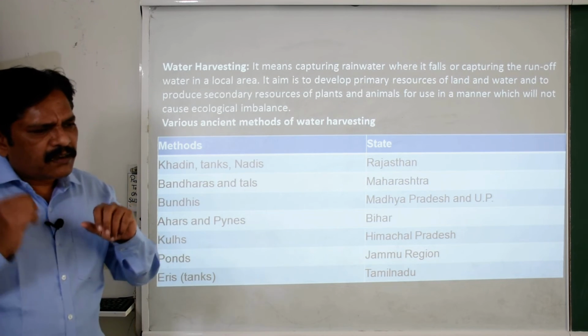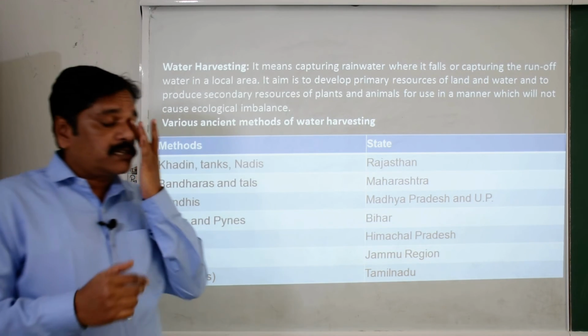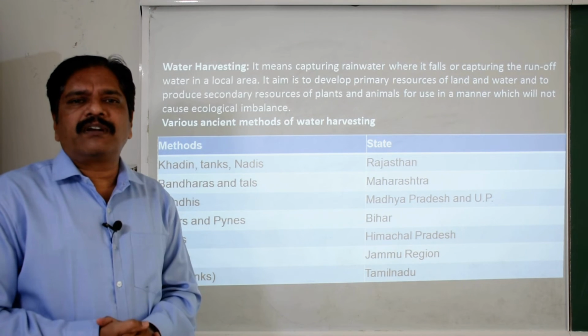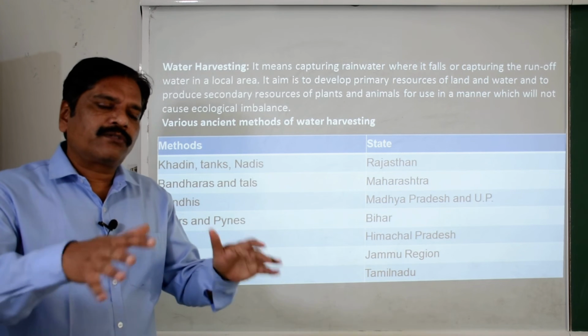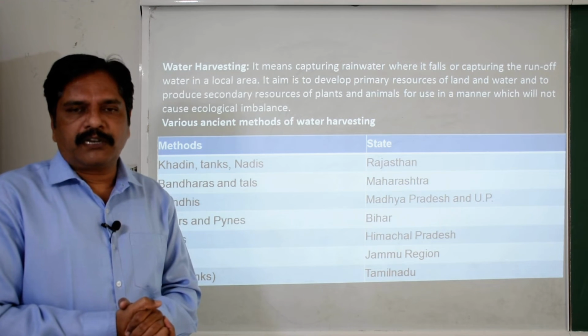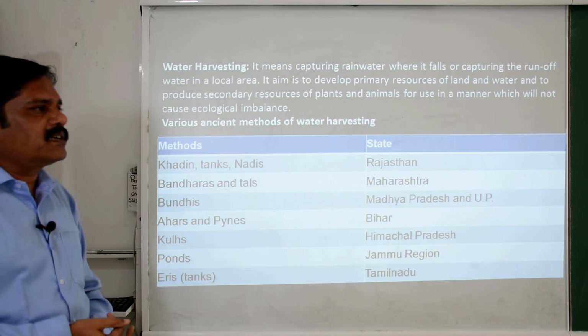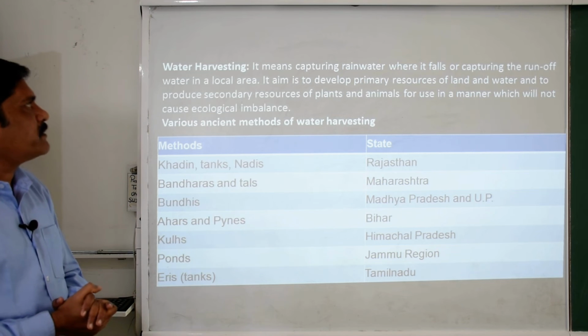So it is compulsory to control and manage this water loss. Okay, you know that rainwater is quite abundant in our country, but what happened is that just because of it running away, the use of this water is not ensured throughout the year. So for this purpose, water harvesting is compulsory.